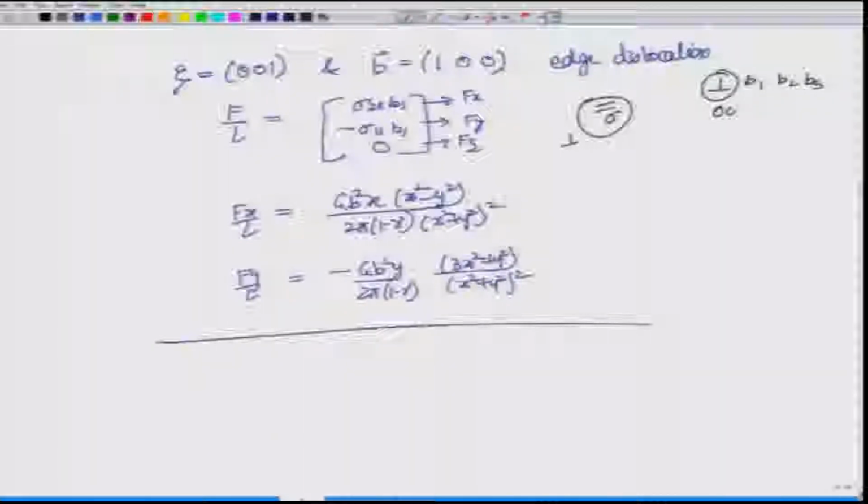So, we took the dislocation line as epsilon equal to 0 0 1, if you remember, and the Burgers vector, which has to be perpendicular to it, can be B1 B2 0, or without loss of generality we can make it B1 0 0. When we do that, this becomes the force onto this particular dislocation arising out of a stress field given by sigma, where these are the different components of sigma. This is what we derived last time, which means this is Fx, this is Fy, and this is Fz. Fz will be 0 because we have an edge dislocation, so there will be no forces in the z direction.